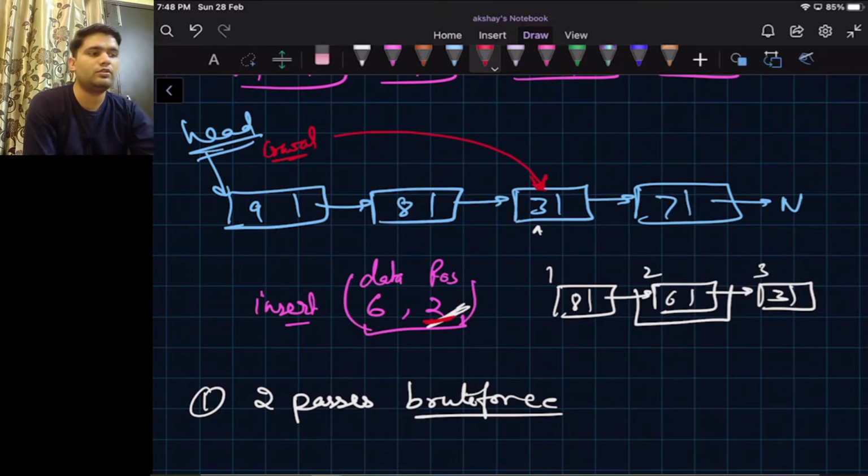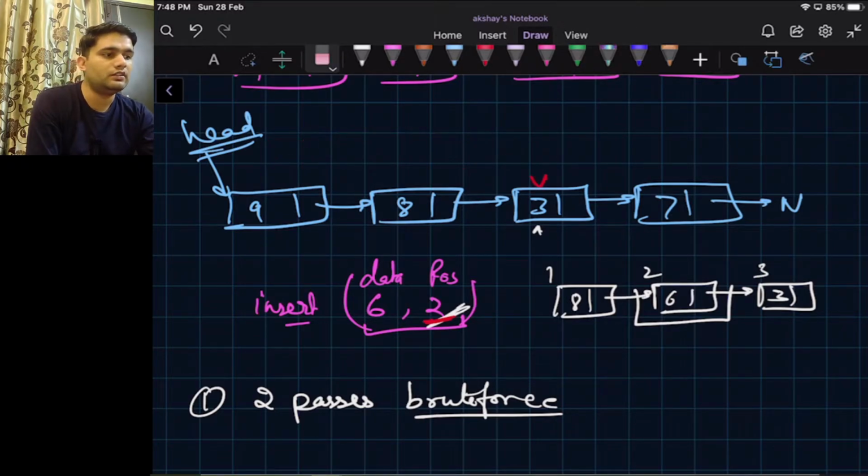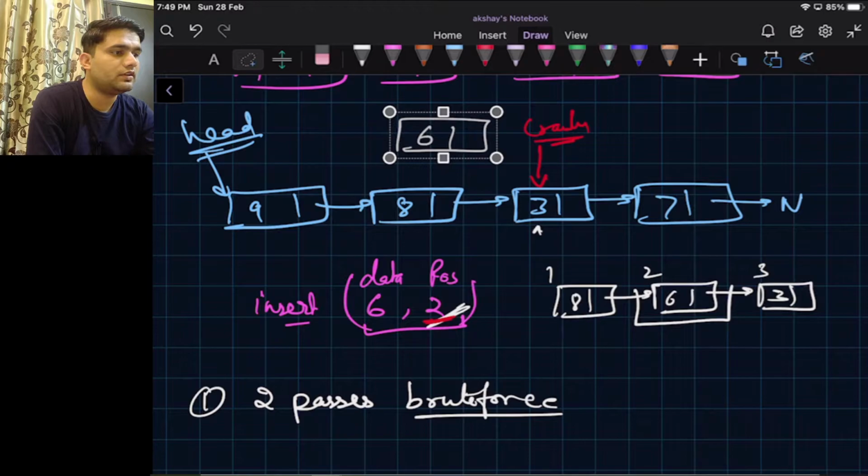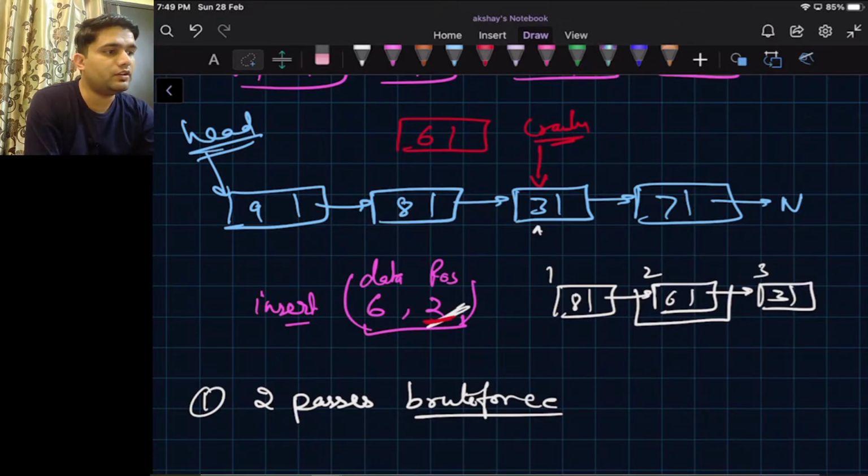So right now the crawler is pointing here. Now we can create a new node with data 6, and let me place this here.